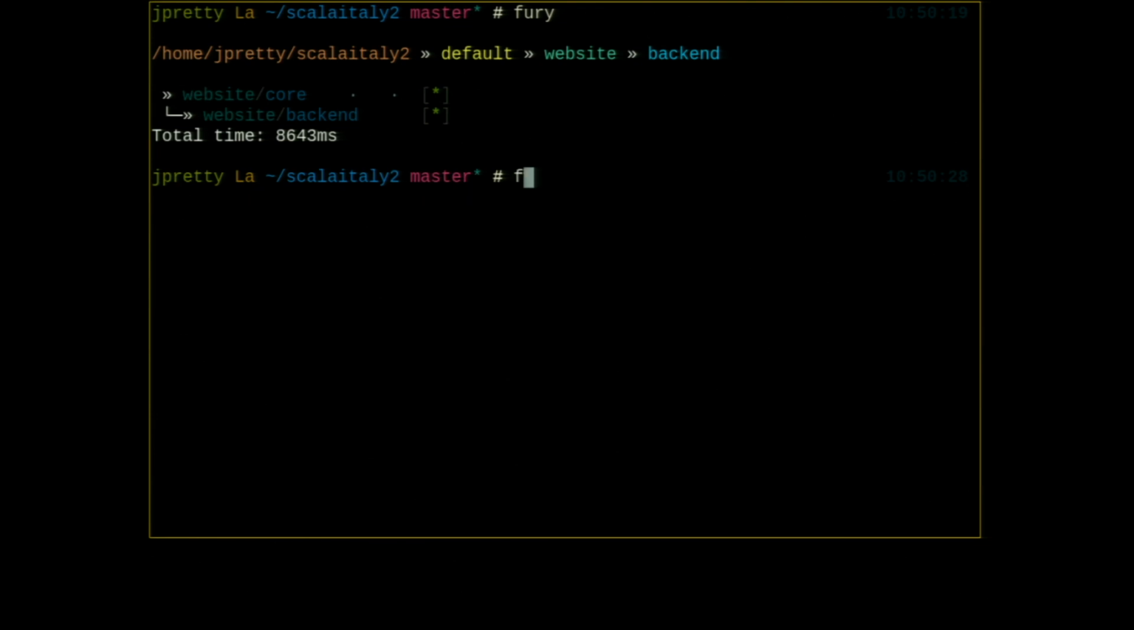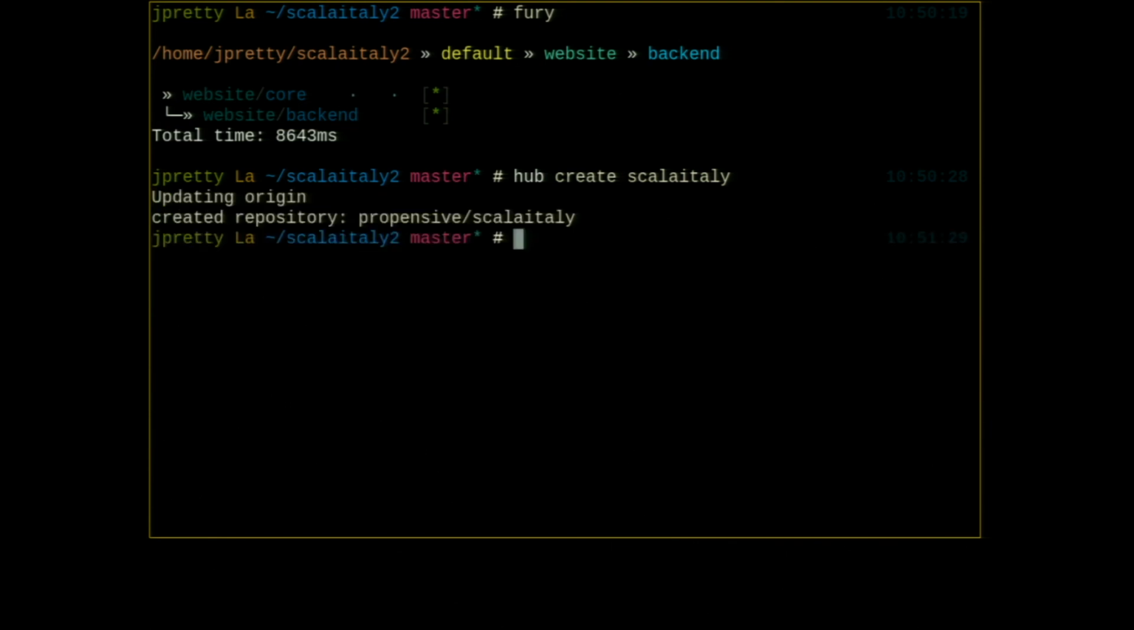With Fury, what we can do is we can just say, first of all, I want to specify a remote place to publish this to. I'm going to publish it to GitHub, and I'm just going to use the hub command, which is nothing to do with Fury, but I can create a new scala-italy repository on GitHub. And what I can do is say Fury